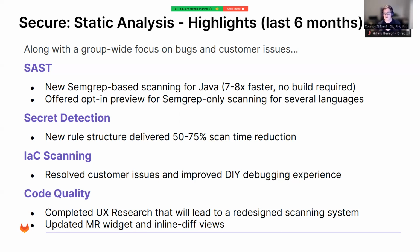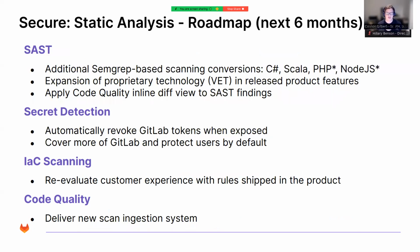We can move on to moving forward. And for this, I'll cover all the categories again. So just more on SAST, working for more Semgrep-based scanning conversion. So again, that's taking the existing analyzer, looking at the rules and converting them over, making sure we have defensible coverage that we stand behind. The first priority languages are C# and Scala. PHP and Node.js are the likely next candidates, but we welcome feedback on that, especially from customers who are actively